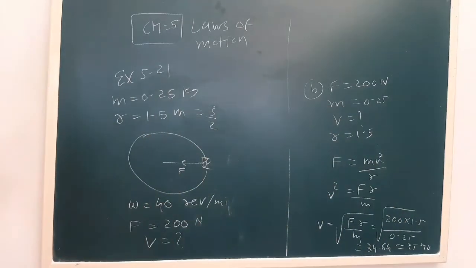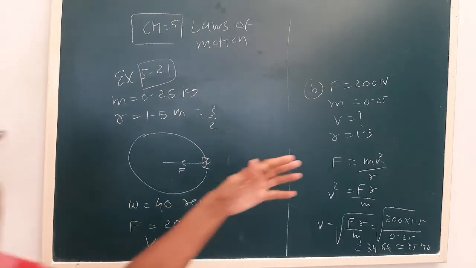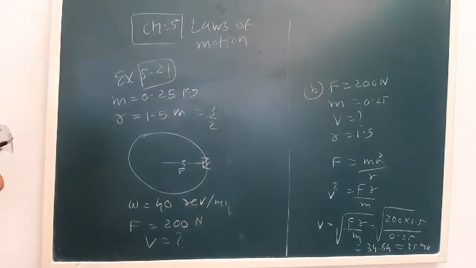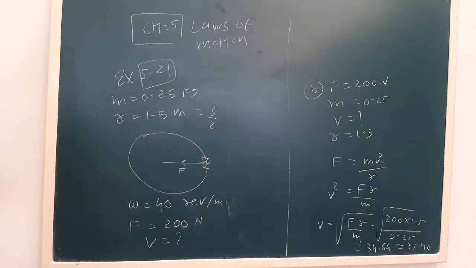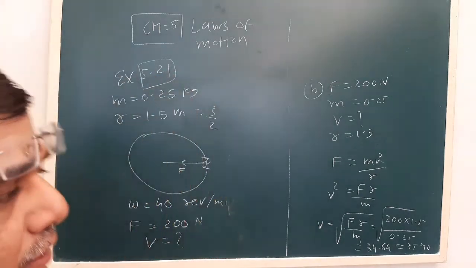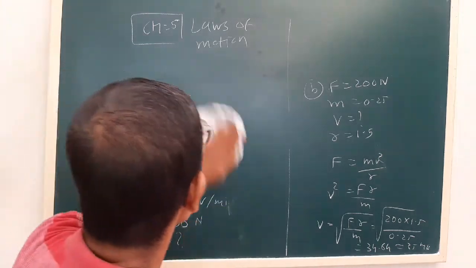So this is exercise sum number 5.21. Mass is given, radius is given, we have to find out the tension. In the second part the force is given, then we have to find out the maximum speed with which it can be whirled in a horizontal plane. Generally we take the calculation part here. The theoretical part, VSQ type questions, we'll discuss in the classroom. Some of the questions given in the additional exercise, I would also like to do, so we will solve them today.